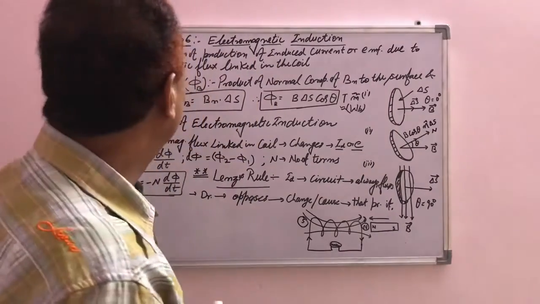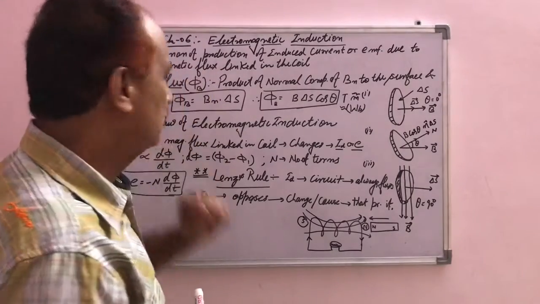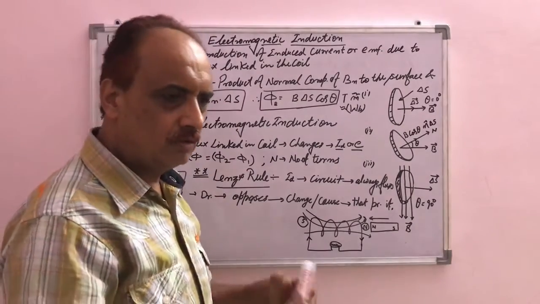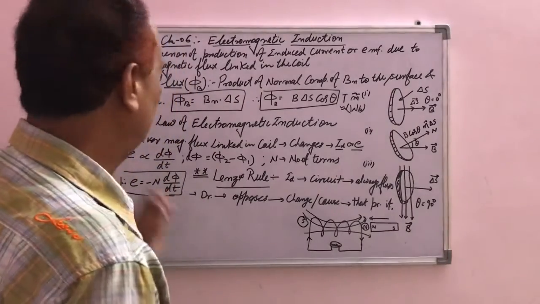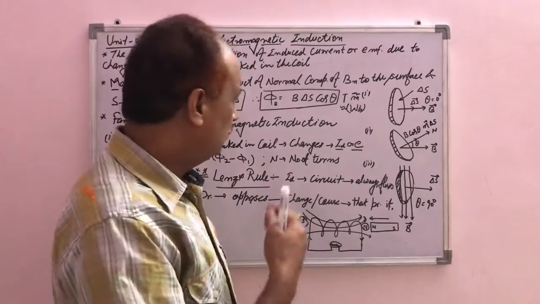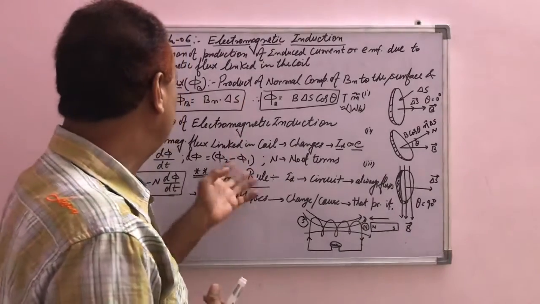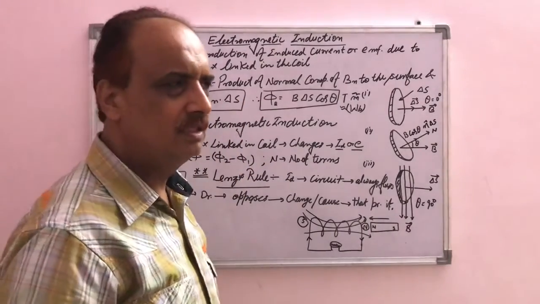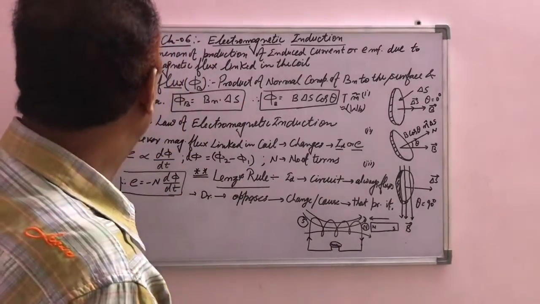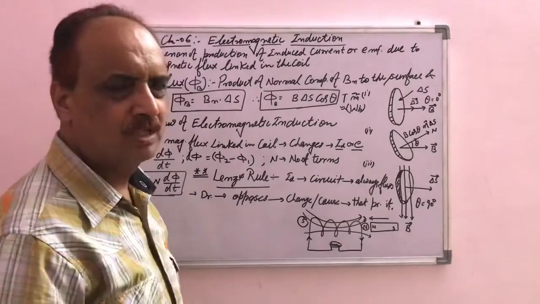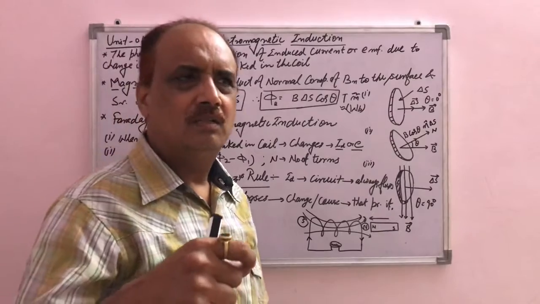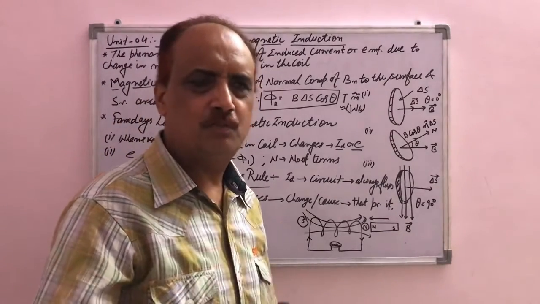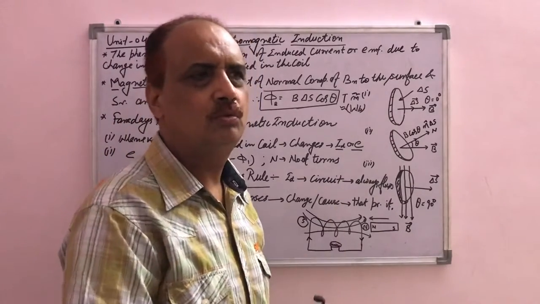So one term is used here, that is magnetic flux. Now in the new syllabus, the magnetic flux is deleted. But without that magnetic flux, we can't discuss the next topic that is in your syllabus. So we will discuss in brief what is magnetic flux. So magnetic flux means the number of magnetic lines passing normally through the surface.